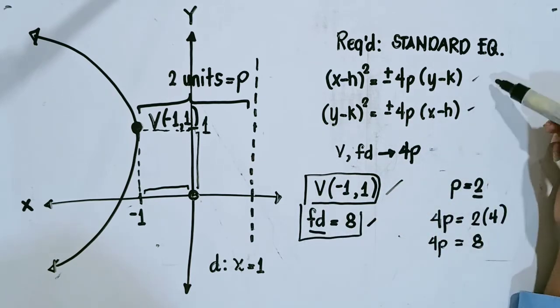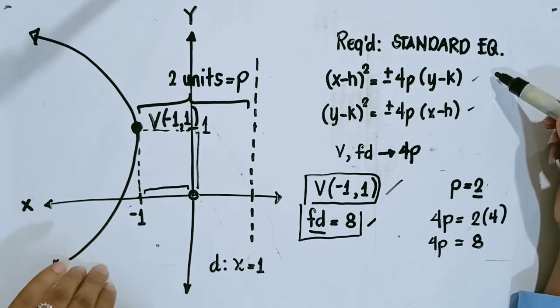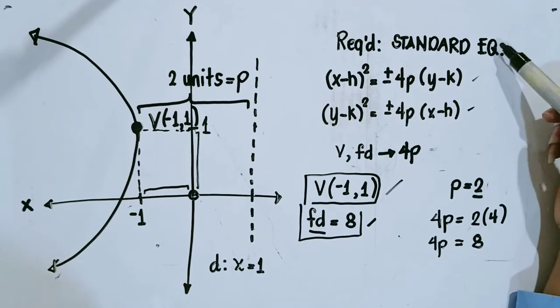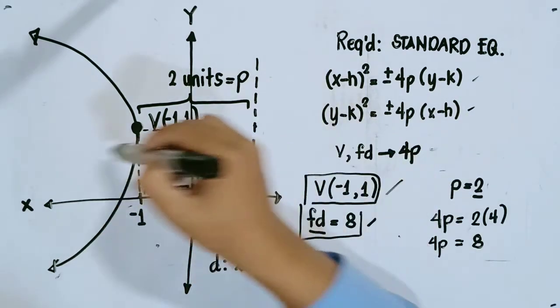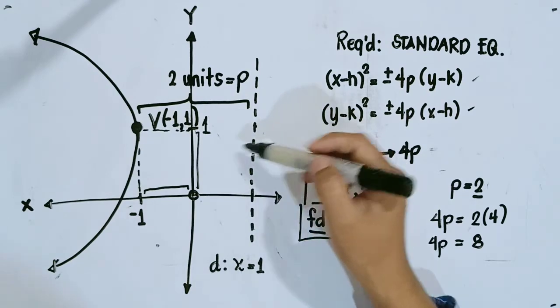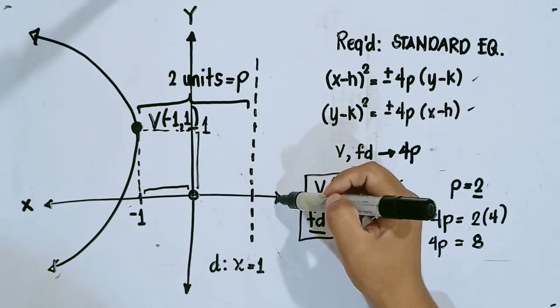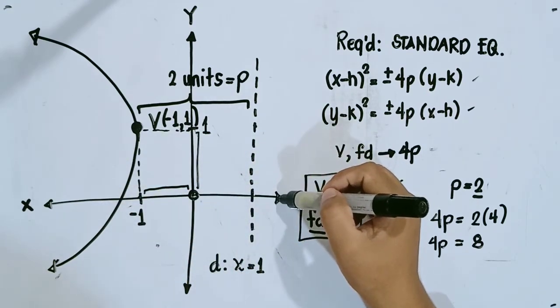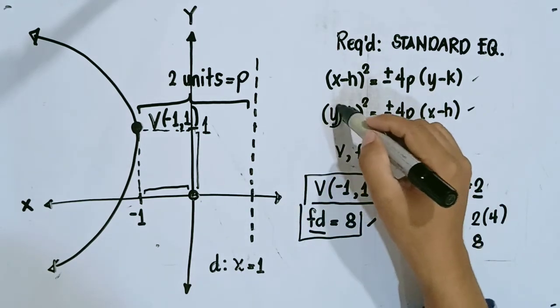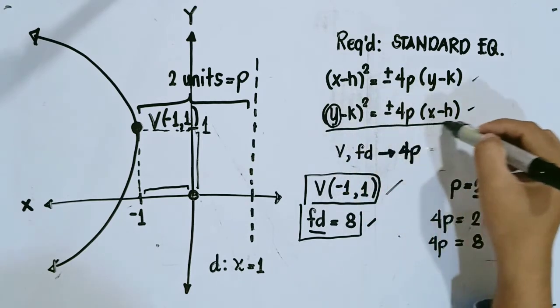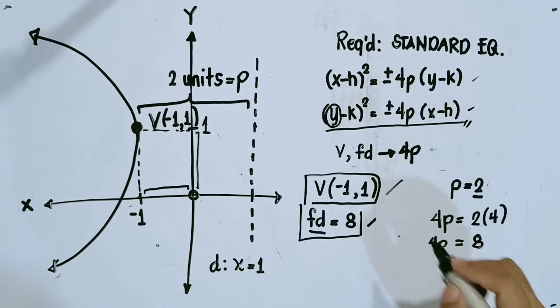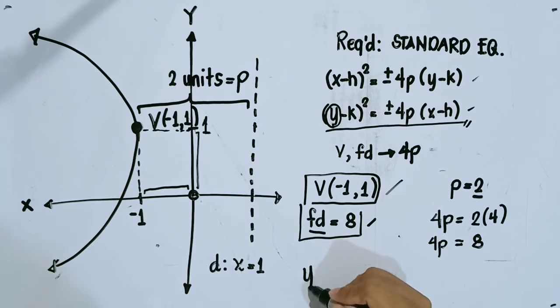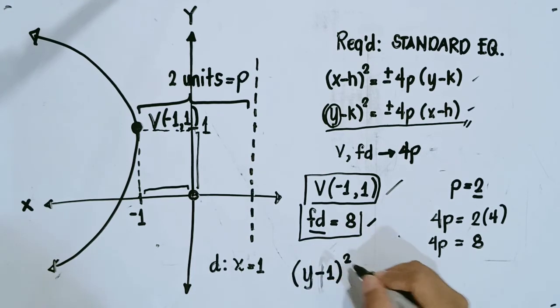Now, which of these two is the standard equation of this parabola? Okay, we will examine. Since our parabola goes with the direction of the horizontal axis, which is the x-axis, we can say that the variable being squared here is the y variable. So we will use this equation. So we can write y, our k is positive 1. Therefore, it will become negative 1. Then squared is equal to,